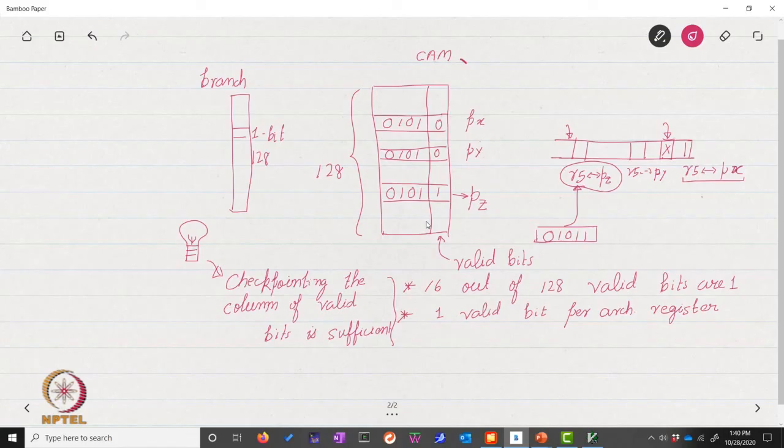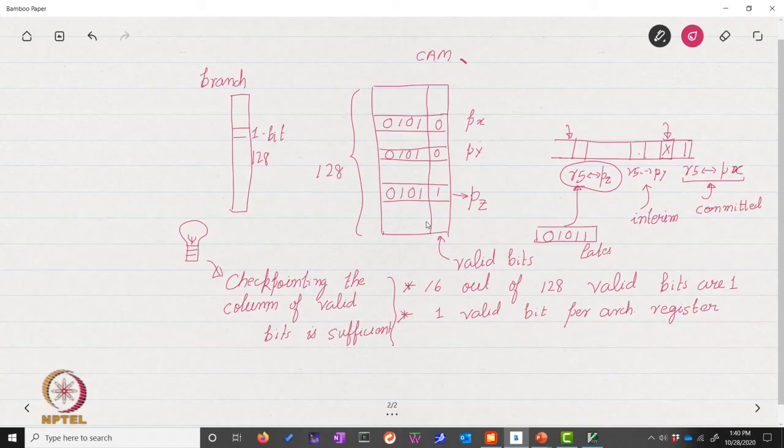So let me name them. This is a part of the committed state because this instruction has been committed. This instruction is interim, which means that a write has been done but the instruction is not committed. Consequently, we have not released PX because this instruction is not committed, R5 to PY, and this is the latest.